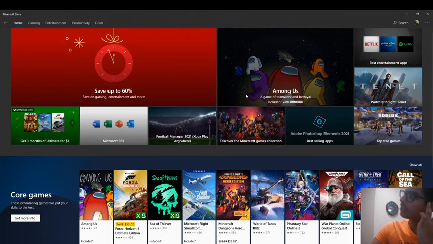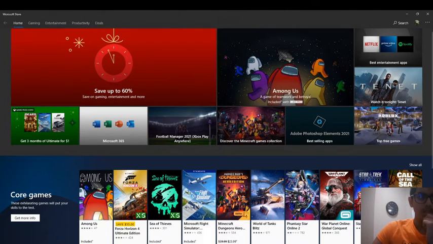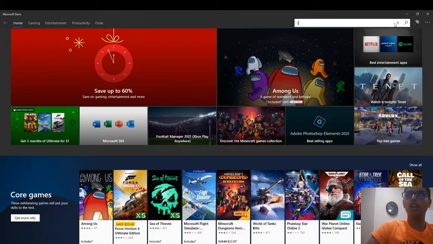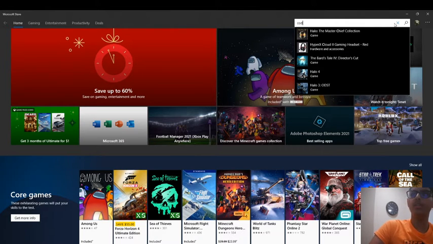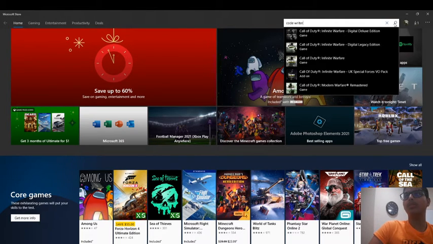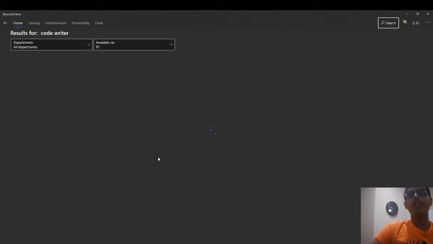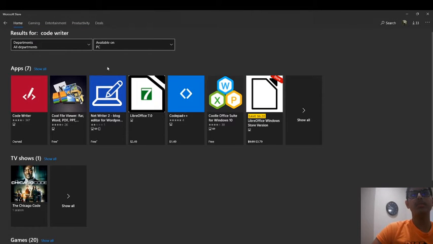I don't think it's compatible with Apple. Maybe Android. I'm not sure, but I'll have to check, okay? What you do is search up CodeWriter, and then you just download it from here. It's pretty simple. You just search it up, and it's this one.